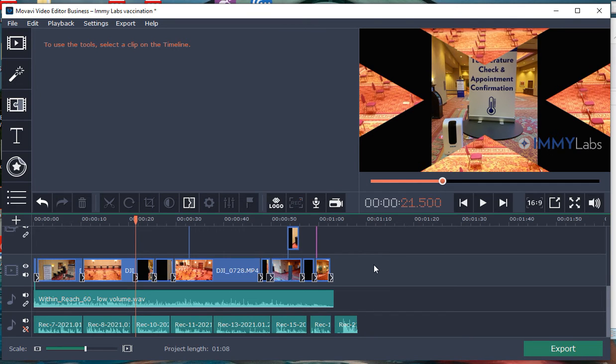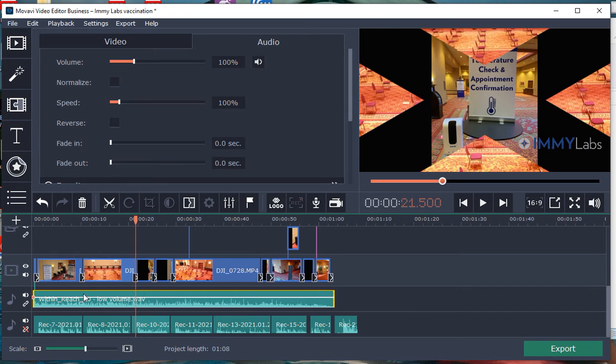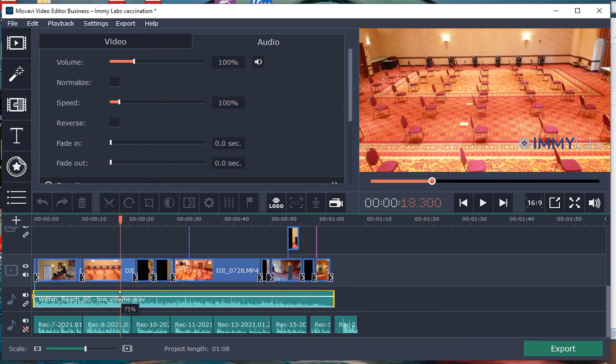But the better you get, those kinds of tools are going to be helpful. Now let's talk about the sound. Okay, so here's one way to do it. I do this quite a bit. This is the volume of the music. If you click and drag that volume bar,